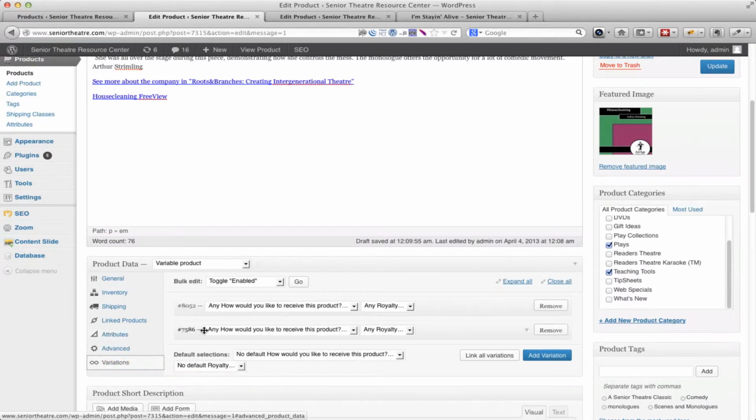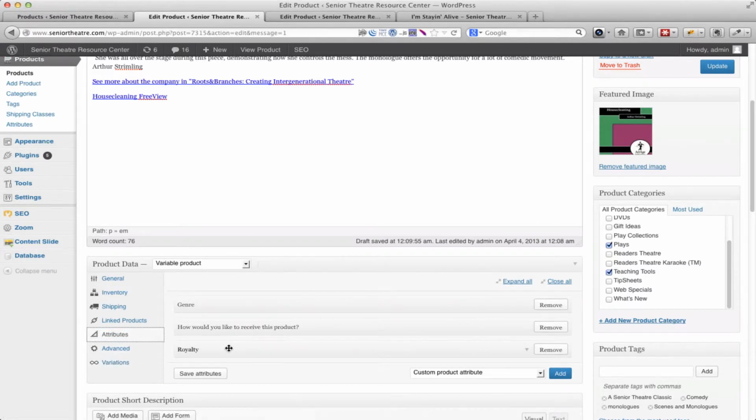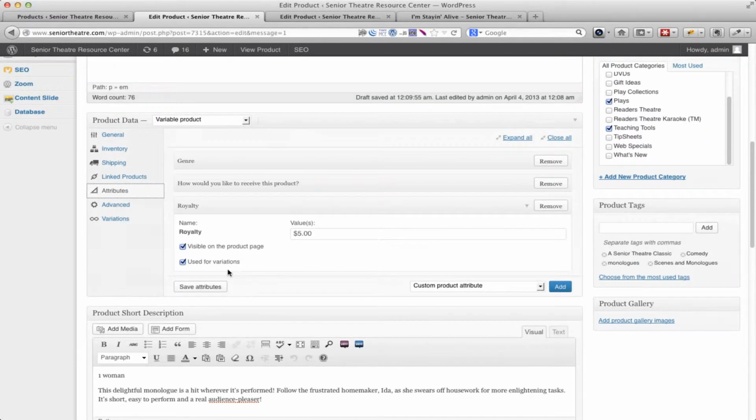Now when I came to variations, I see that we have two types of variations. That could make sense if there's a hard copy and a download, but it's also got the royalty here. So what's happening is if we come back to attributes, we can see on royalty we have this box checked, used for variations. We don't want to use this for variations because variations would mean we want to sell a different version of the product depending on what they pick. So I'm going to uncheck that,